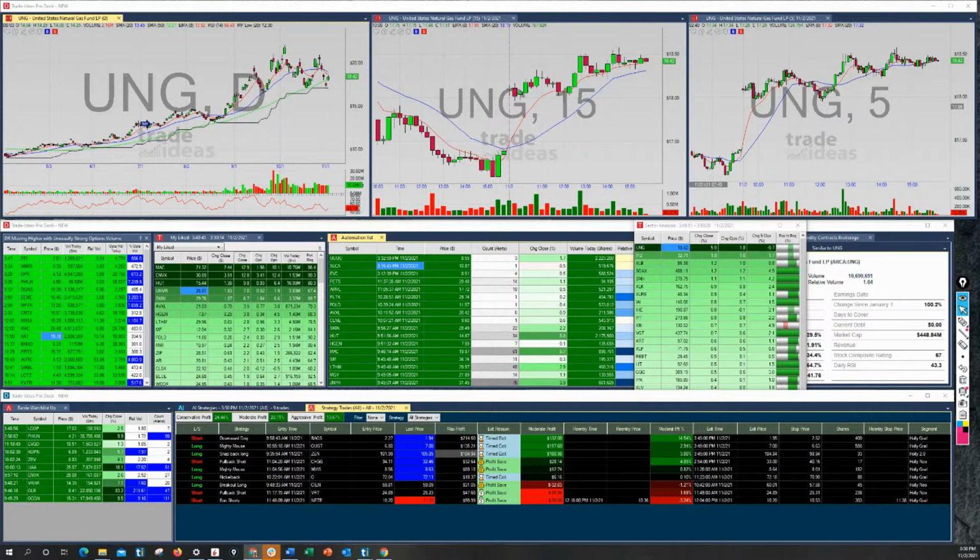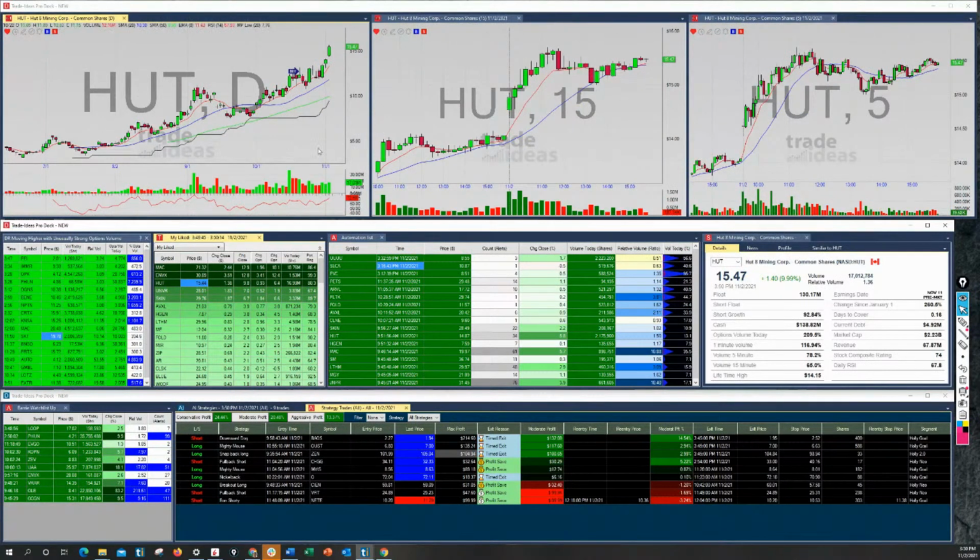Jump into some of my activity real quick to entertain you, I suppose. I was in and out of HUT today. I just haven't been able to have the guts to swing trade anything recently for whatever reason. Well, I got beat up on some swing trading, so I kind of just stopped doing it for a minute, and exiting things a little bit early.